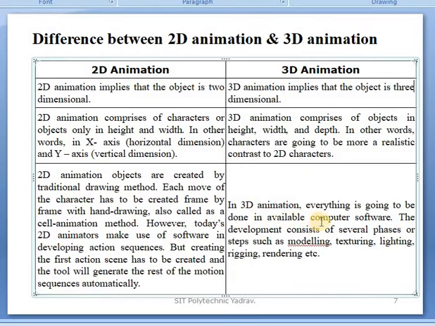In 3D animation, everything is done in available computer software. The development consists of several phases or steps such as modeling, texturing, lighting, rigging, rendering, etc.